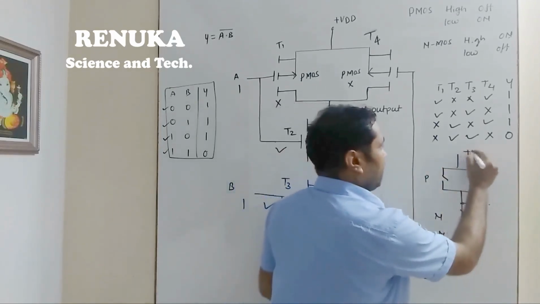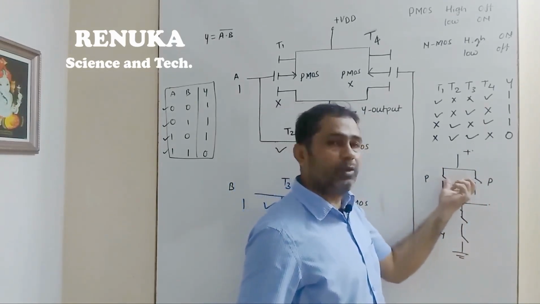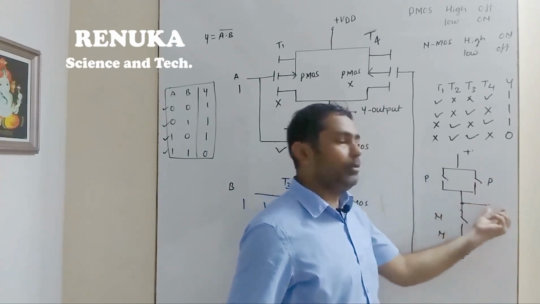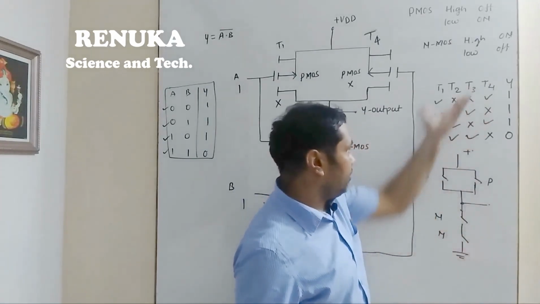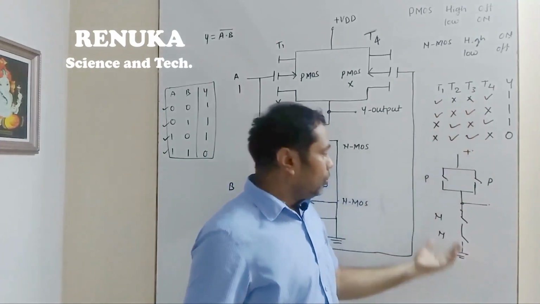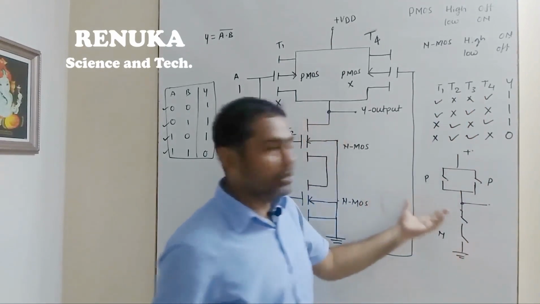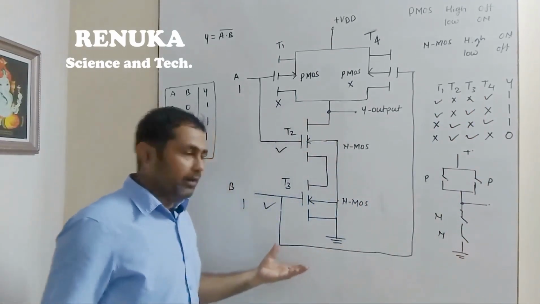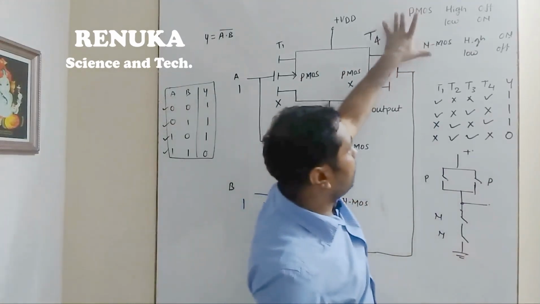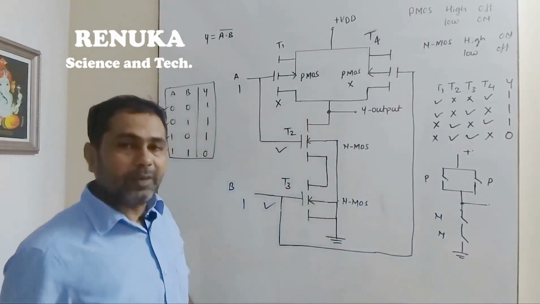So it is connected to the power supply. When both the switches are off, then only will the output be possible. Both the switches should be off, then only there will be the high output. So we can understand the same circuit, the same transistor switching action, using this switching circuit. So it is easy to understand the working of the TTL NAND gate and CMOS NAND gate using the switching circuit also. So better we remember these sentences, and then we can easily explain the working.